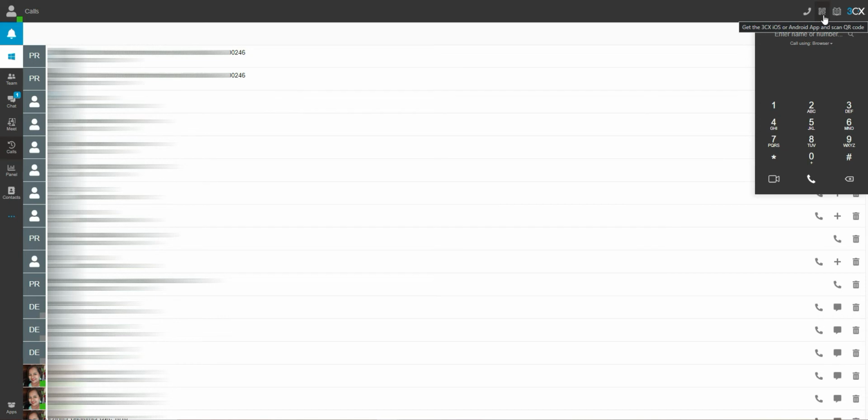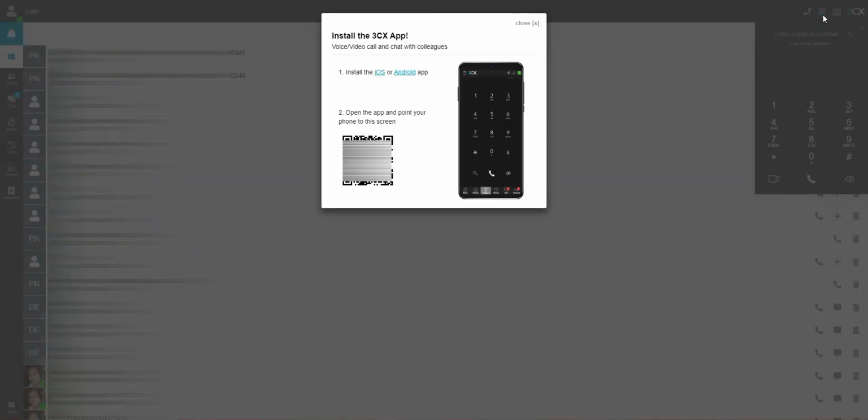Guys, if you want to connect this app on your phone, instead of connecting to the website, you can install the web application and get it from the store over here. I'll show you this, you can scan that. After installing 3CX on your phone, you can scan the QR code, and then the system will come to you. Okay,